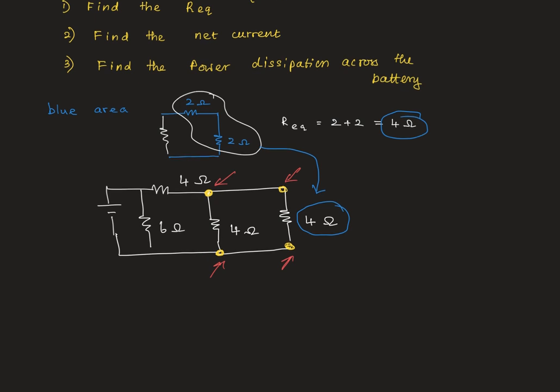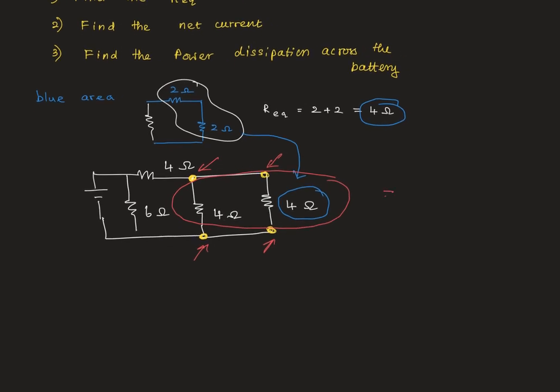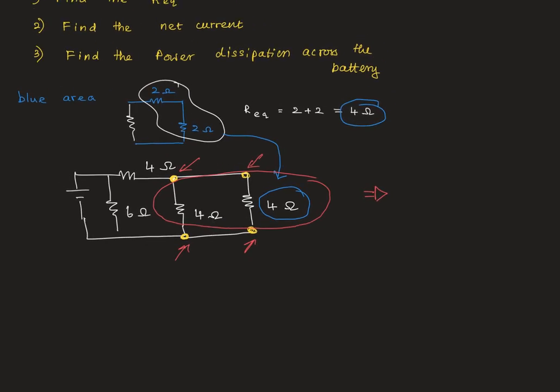Now because of that, you can say that they are in parallel. So I am going to mark them in red, and I'm going to take the red area separately, so you will have something like this: